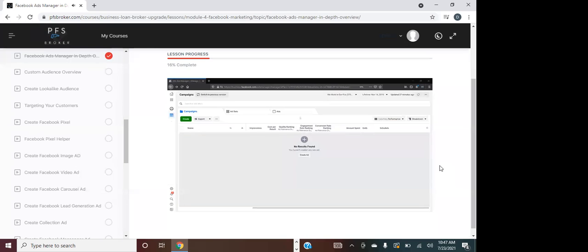So in the previous video, we explained how Facebook works in terms of the hierarchy of campaigns, ad sets, and then ads. And what we're going to do now is just briefly walk through an overview of actually creating an ad. We're not going to create the ad here, but I just wanted to give an in-depth overview here of an actual ad creation. So if you click create,